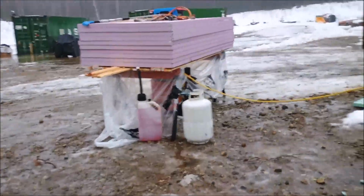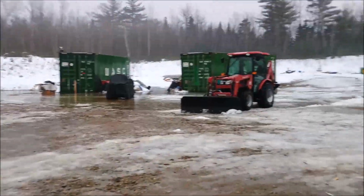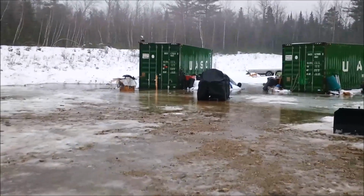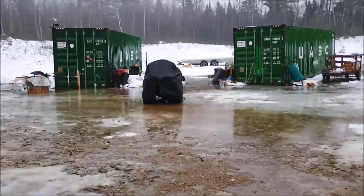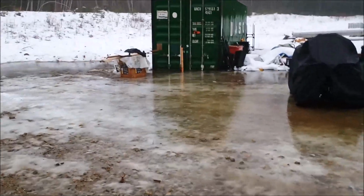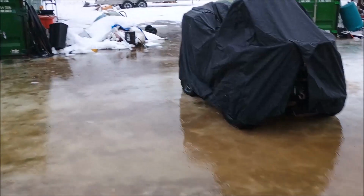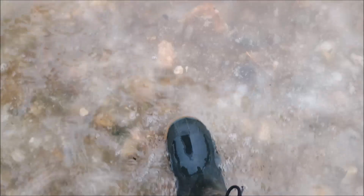All right. So this is the other kind of bad part over here, is we picked a low spot to put the containers with the intention that we get them up off the ground, but that didn't happen. We're going to have to do it now because you can see here, this area is not looking too good. It's pretty deep. And we'll have to do some hopefully before this all freezes. This is a good 3-4 inches here with the water,